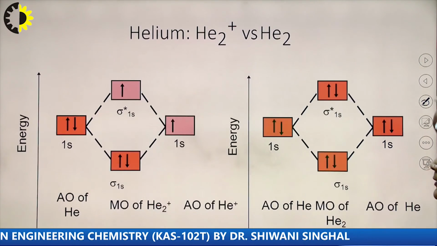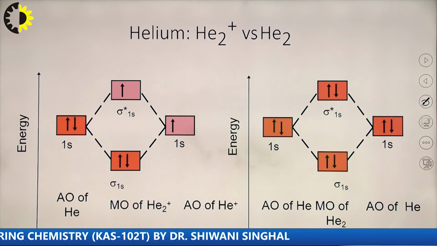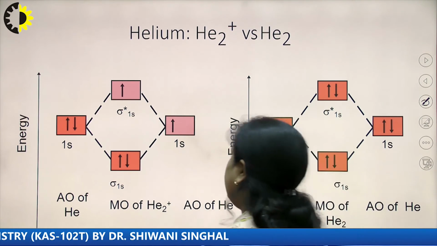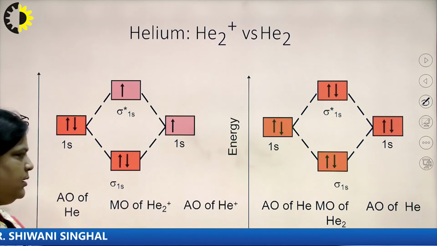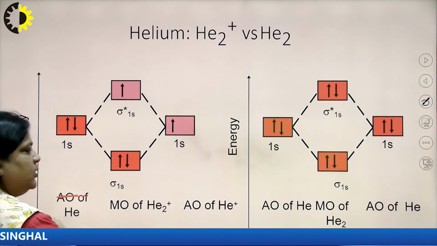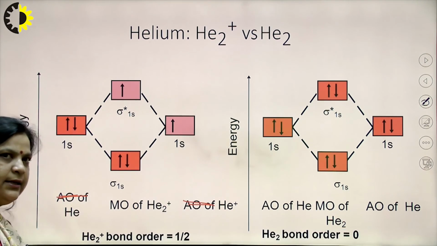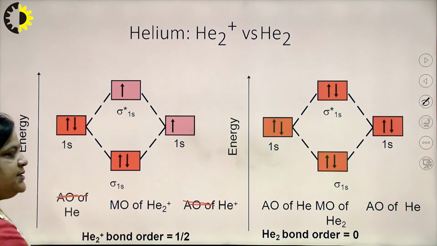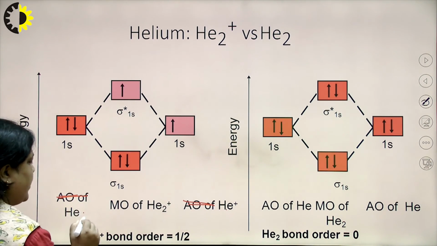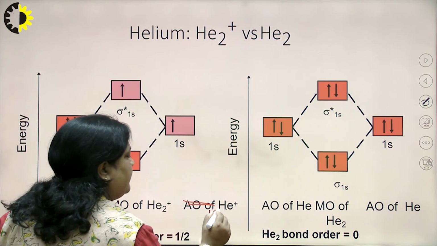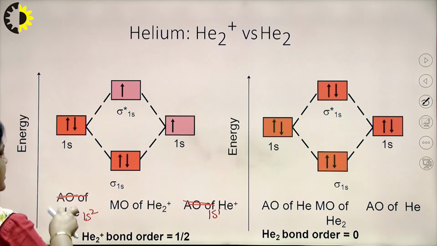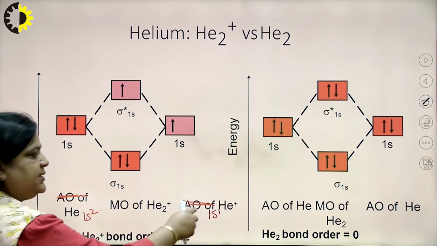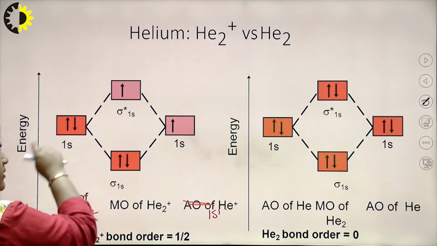Now, He2 plus and He2. Again the method is the same, one helium atom is on one side and one helium on the other. First we write helium on this side and helium on this side, but since it is He2 plus, a plus charge is there, so 1 plus. Helium has 2 electrons, so there is 1s2 and there is 1s1. So, there are 2 atomic orbitals which are 1s, the 1s of this helium and the 1s of this helium.